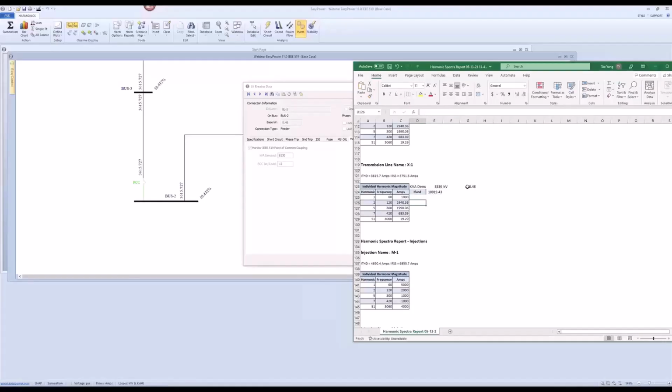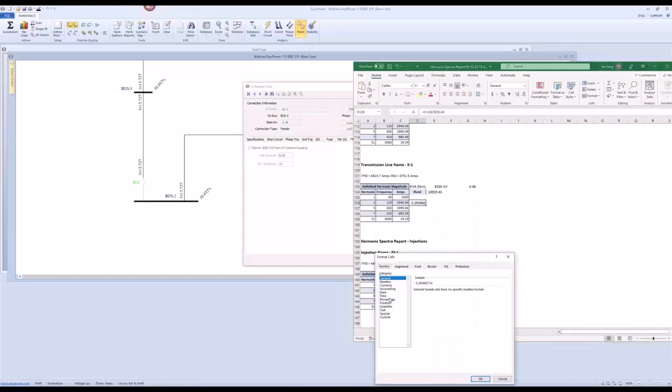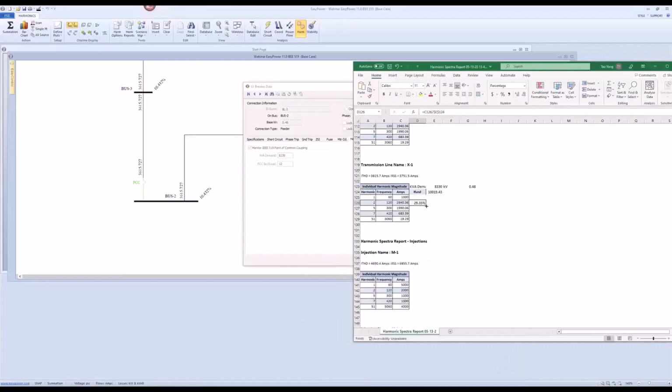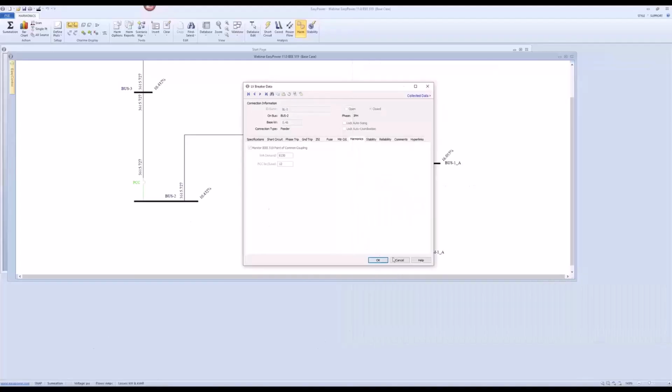Now I know that my current distortion at the second order is going to be my ampere observed divided by the fundamental. I need to make it absolute, as $S$4, to make sure that when I play around with the equation, it won't change, right? I want to see it in percentage, so definitely I need to format my cell to percentage. Two digits after the decimal is fine. Drag it down. That's my second order harmonic current distortion. This is my 5th order harmonic current distortion. I keep this and I compare